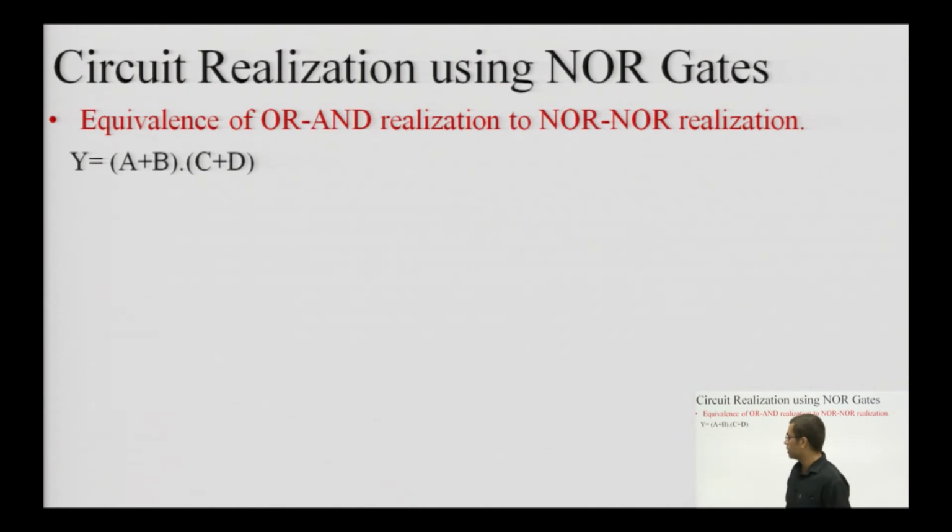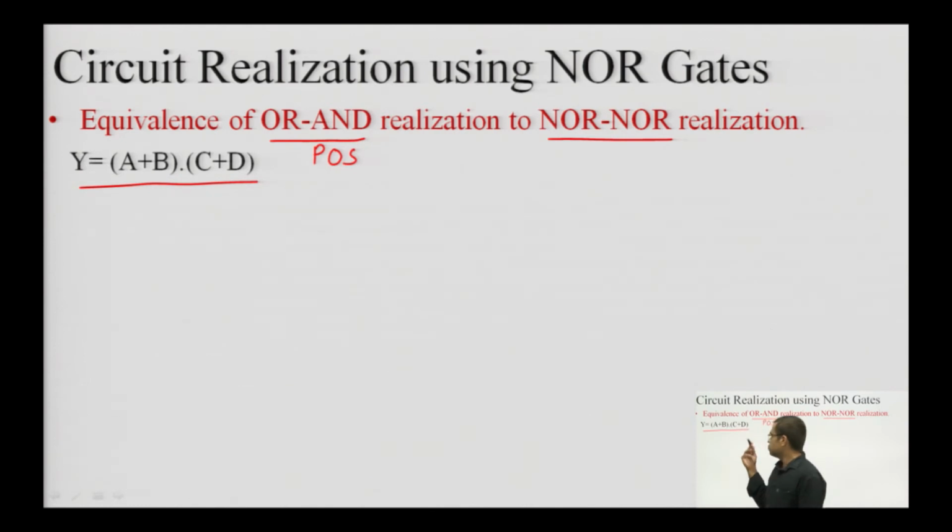Now, we have to first again establish the equivalence, which will be helping me in realization of NOR gate based structures. So, that equivalence which needs to be established is OR AND realization is equivalent to NOR. That means, OR AND based structure. So, this is OR AND type expression. OR AND can also be termed as POS type expressions. Okay. So, this A plus B into C plus D, that means,